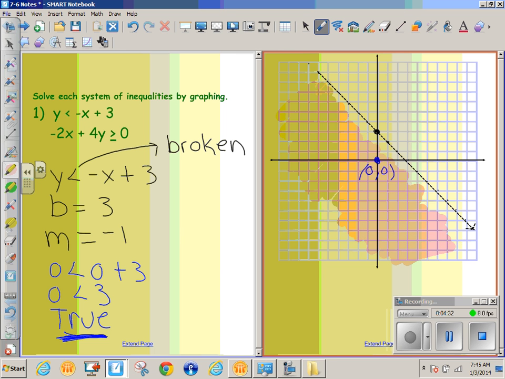Make sure you're using a test point to do that. Don't just guess which side of the line you're supposed to shade on. Okay, so that's our first linear inequality. And now we're going to look at our